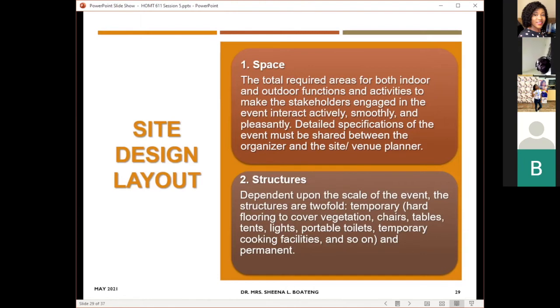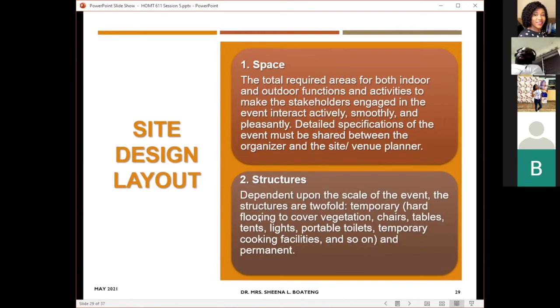And these must be done in consideration with the permanent structures, because you know that permanent structures most of the time cannot be moved around. So if there's a big pillar in the middle of the room, you cannot move it. You need to plan your layout and build it around the pillar, isn't it? Yes. Good. So these are all important things we need to consider when it comes to the structures at the